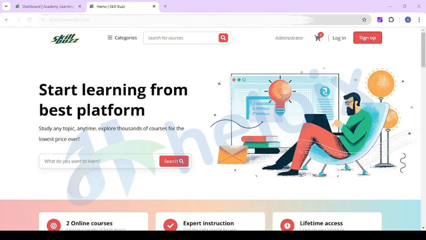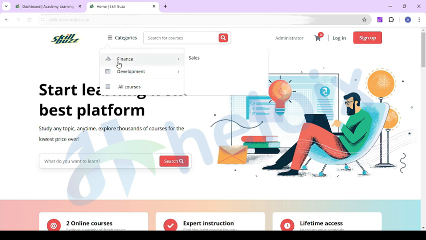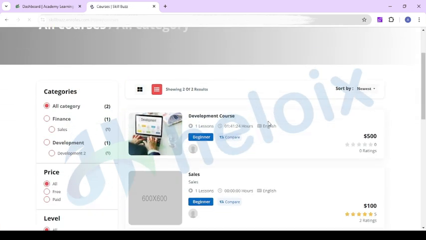This is the learning management solution which I am going to show you. So this is the front end. Here you can check the course category and subcategory. We already had subcategory for a demo purpose. If you click on all courses, all courses data will open.